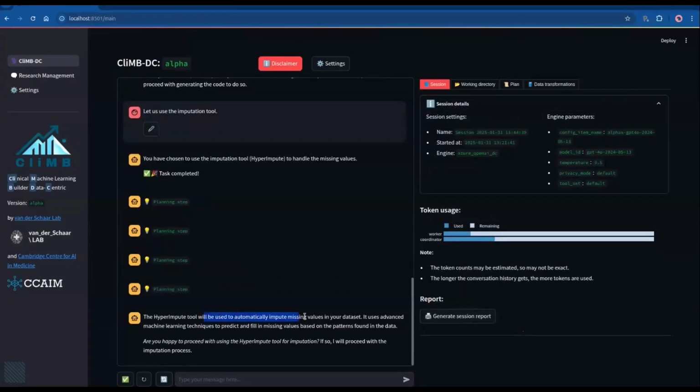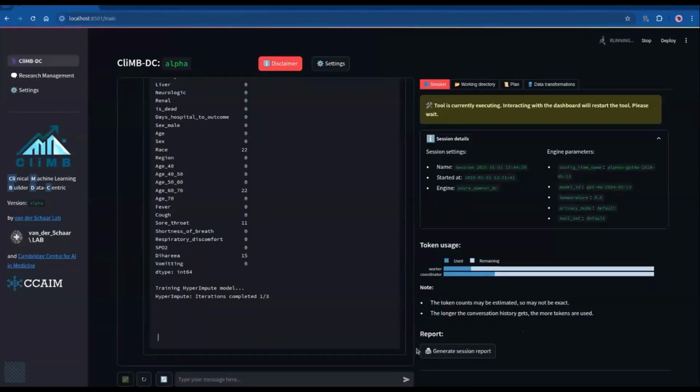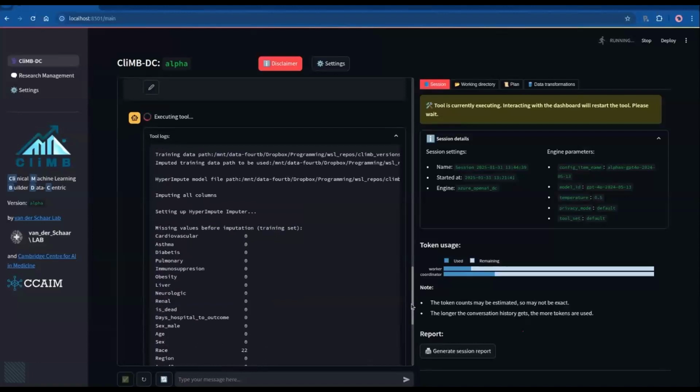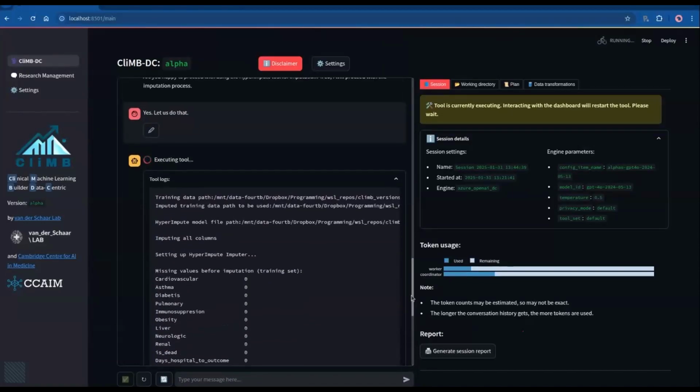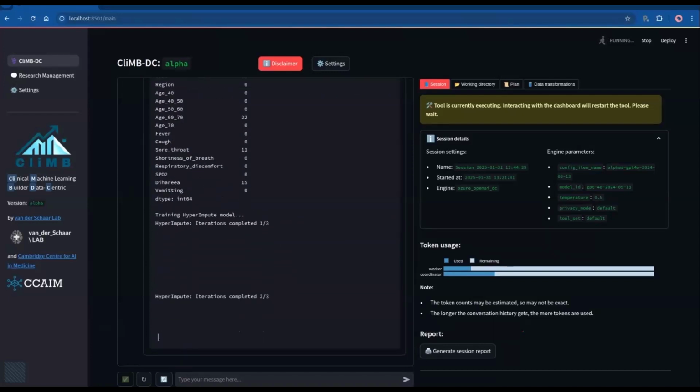We'll use something called HyperImpute, which is a machine learning-based automated imputation tool, and it will use various approaches and find the best approach for you, including ICE, MICE, and even modern mean imputation. So the tool has been invoked, and we can see that in the beginning, we do have a few values that are missing. You can see 22 in this column, 21 in the other.